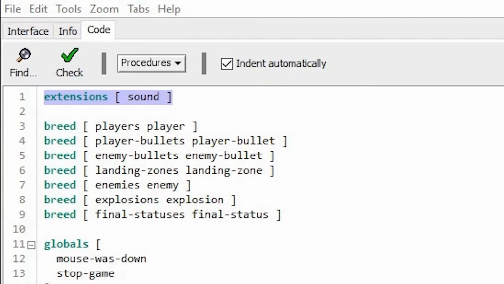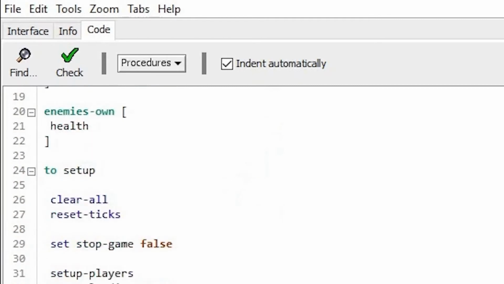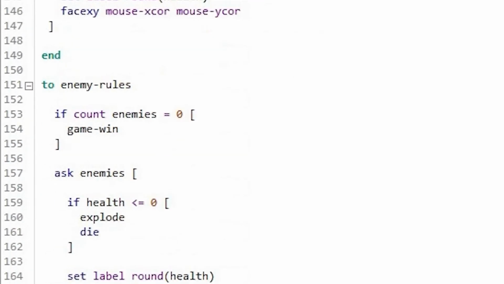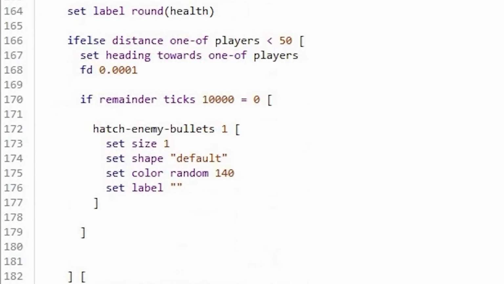And I'm going to use some of the sounds here. So here, whenever we shoot, we should have a shooting sound. So I'm going to play a note whenever we shoot. So let's find out the place where it hatches enemy bullets. So here it's hatching enemy bullets, and at the same time I'm going to say, okay, sound, play note called